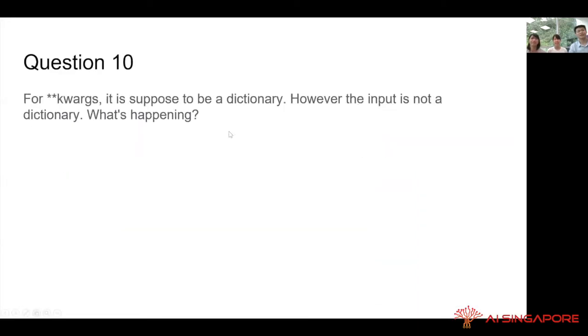So for question 10, for the keywords argument, it's supposed to be a dictionary. However, the input is not a dictionary. What is happening? Yes, it's very true that when you put values into the keywords argument, then Python